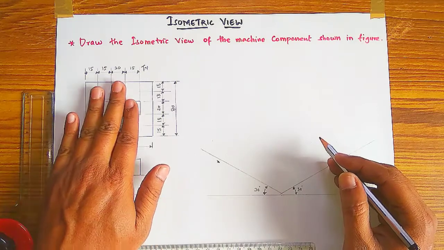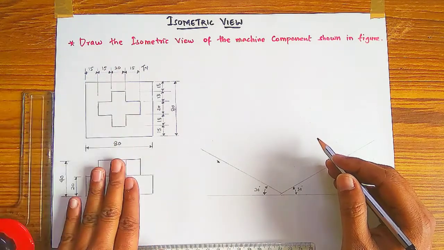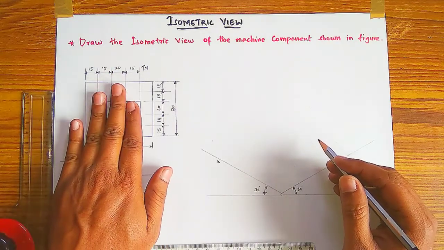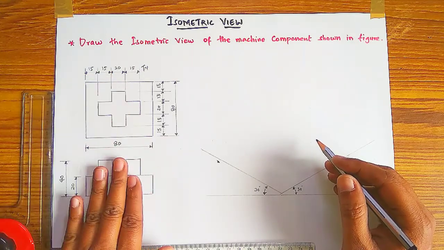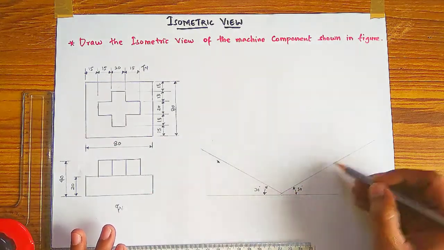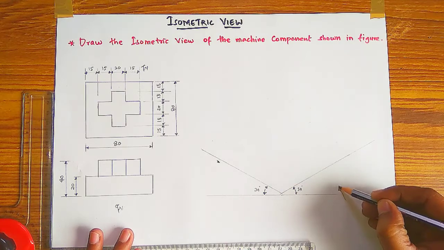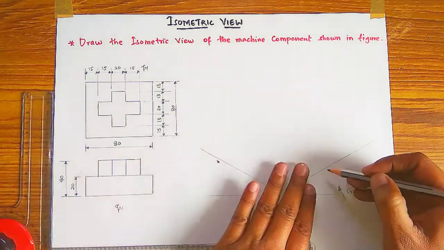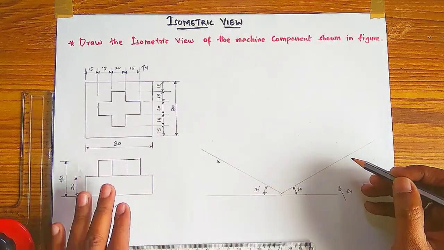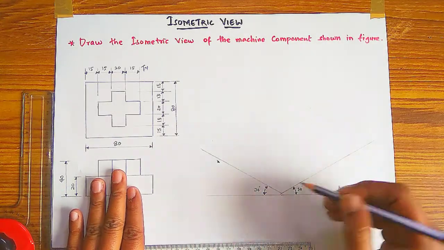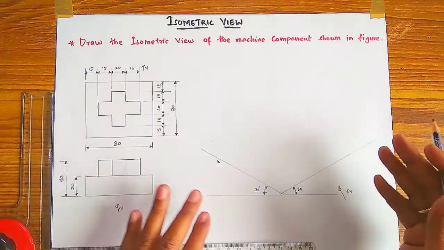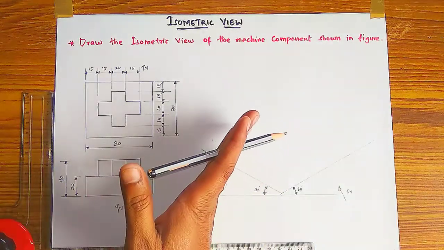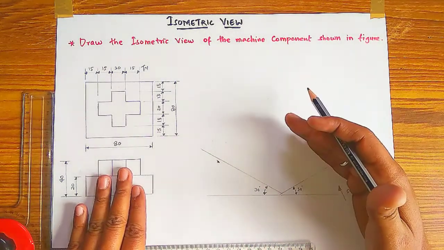In the question, actually the front view will be up and top view will be down, but as given in the question, this is the top view and this is the front view. So I am starting my front view from here. It should look like this by seeing this isometric view. You can draw the front view from here also, it's up to you. So I am drawing the front view here.